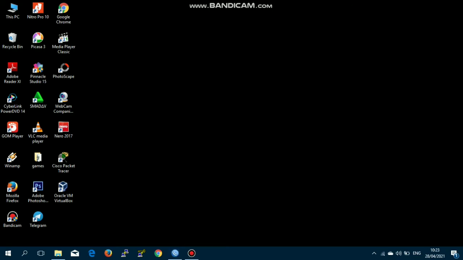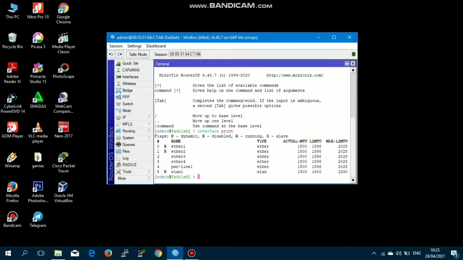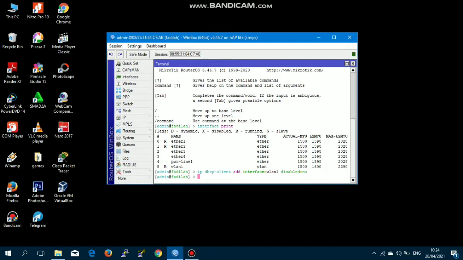DHCP client configuration. We will configure the DHCP client to request an IP address from the hotspot with the command IP DHCP client at interface WLAN 1 disable no. This WLAN 1 will act as the internet resource.